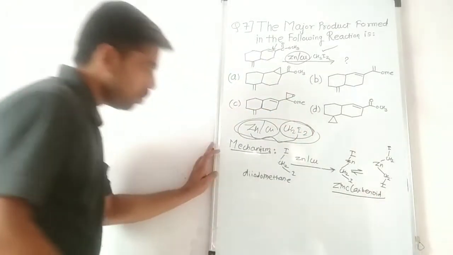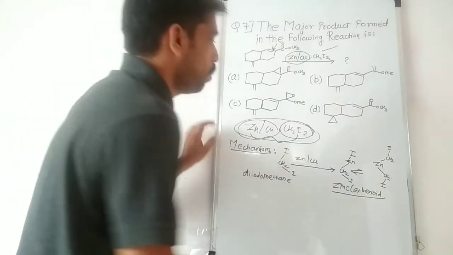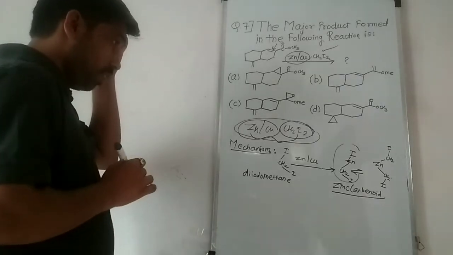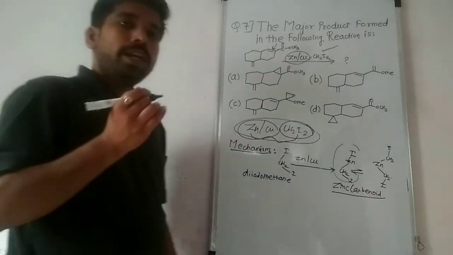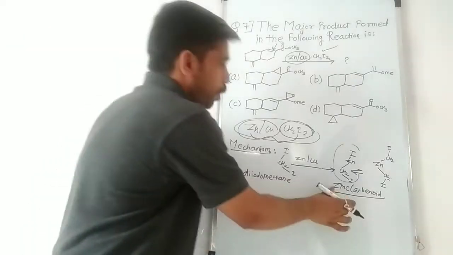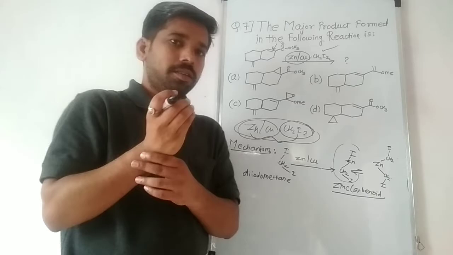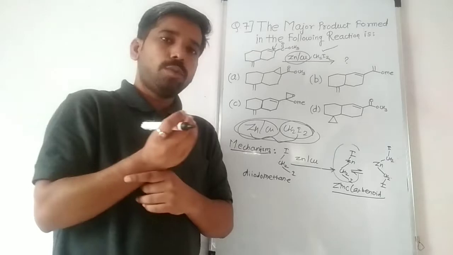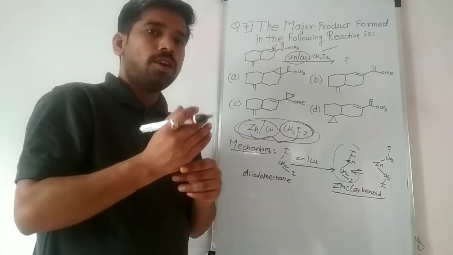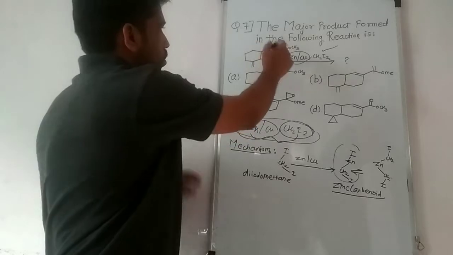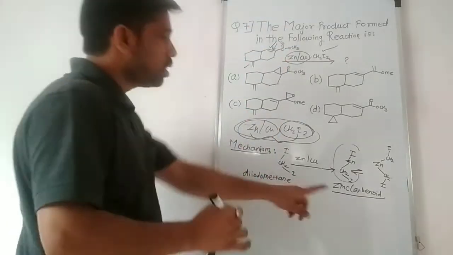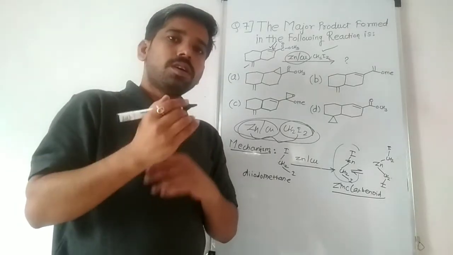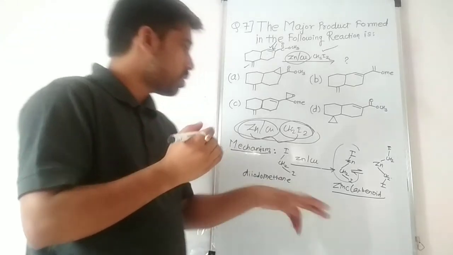There is formation of the zinc carbenoid. This is called the zinc carbenoid. Now in the next step, what is the selectivity or chemoselectivity of the zinc carbenoid? The zinc carbenoid is an electron deficient electrophile. So what is the chemoselectivity toward the double bond? That is, the more substituted double bond gives a faster reaction towards the zinc carbenoid.